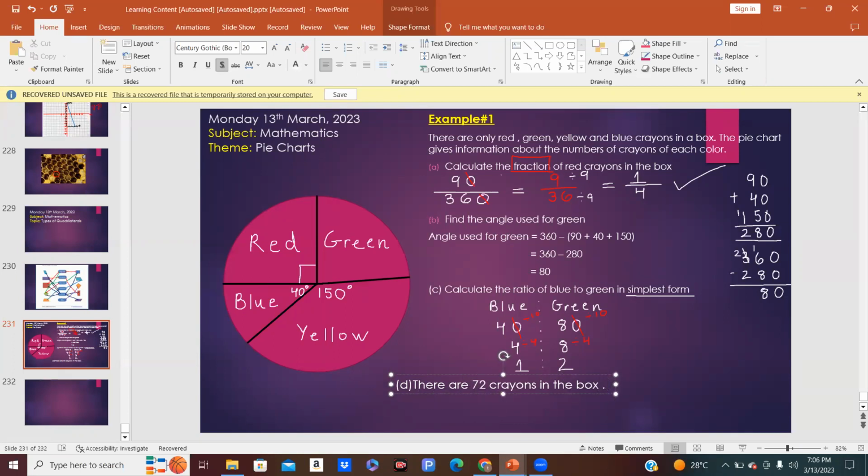So now we know the amount of crayons in the box. The question says calculate the number of